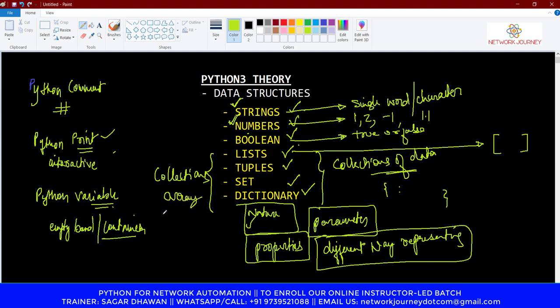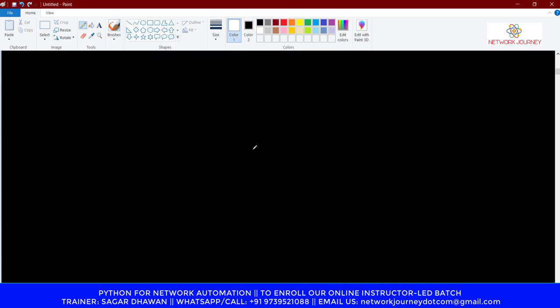I can say a list of multiple strings, a list of multiple numbers. So basically what are the basic building blocks? It's strings and numbers. The later part is just about the orientation, how you're going to orient them and how you're going to use it in your script, and each one has its own properties, which is what we will discuss today. What are the properties? All right, so we will start with string first,